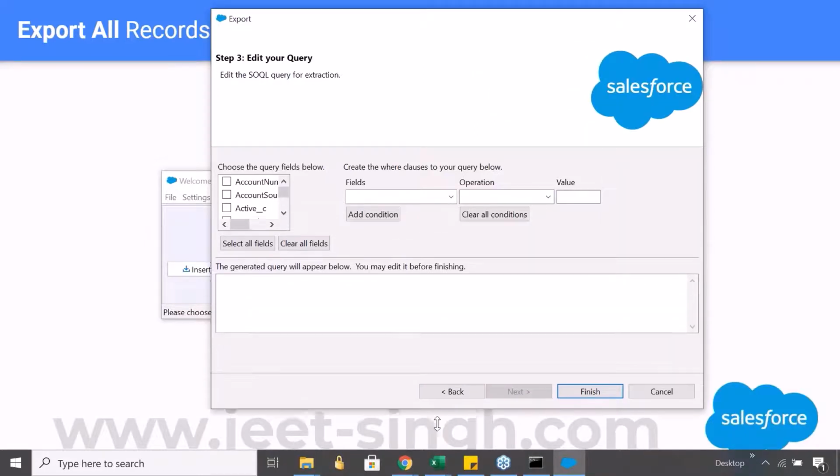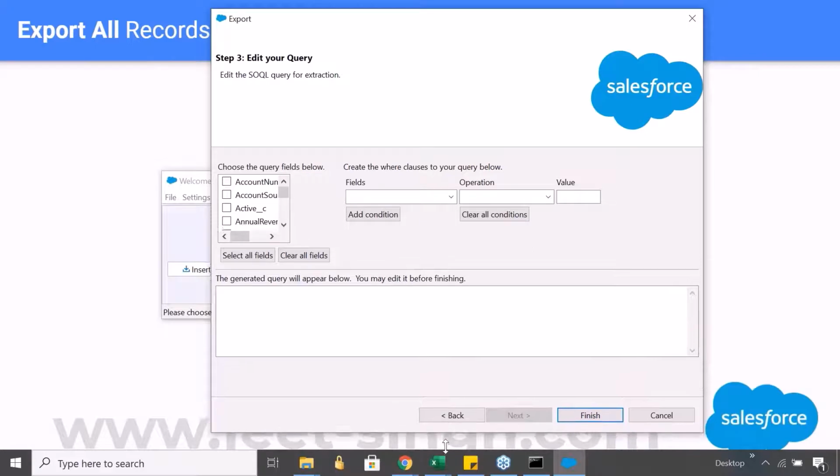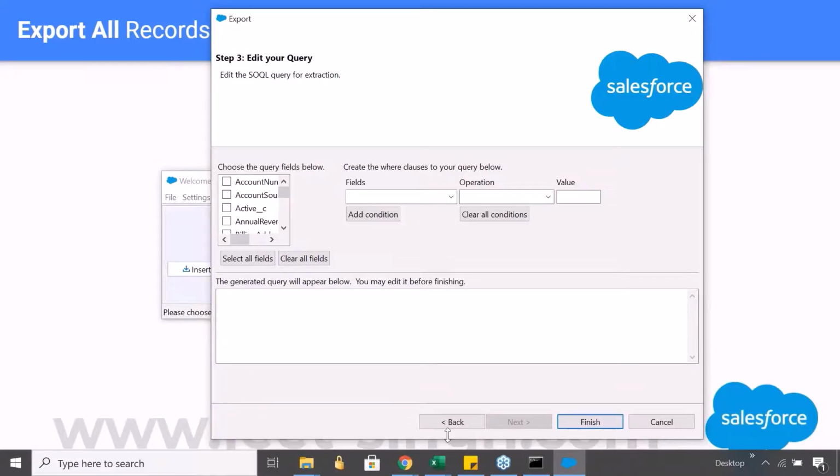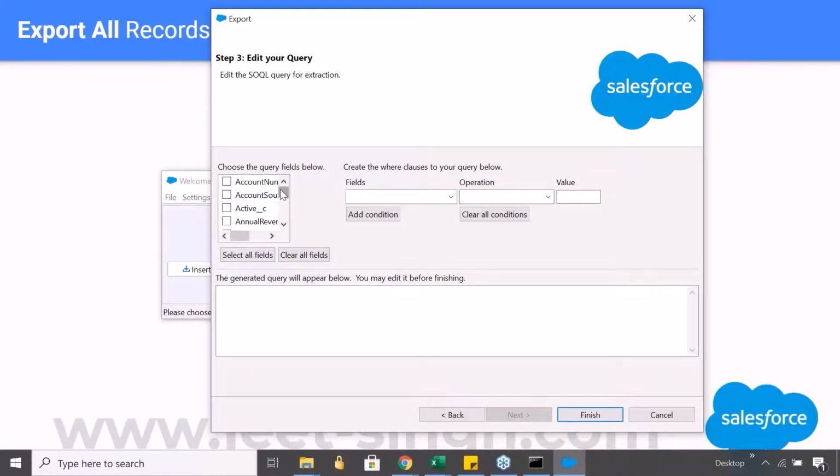Let us expand this a little so that we can see things properly. Let me try to get the billing city, country, address, annual revenue. Now if you see, the moment you are adding those fields, a query is being formed here. It is automatically adding those fields.